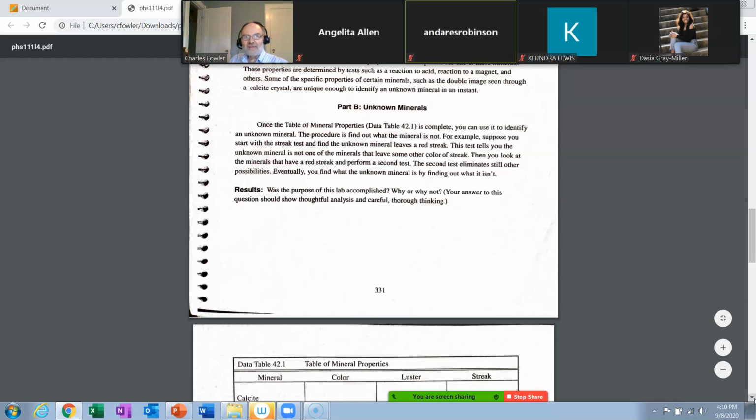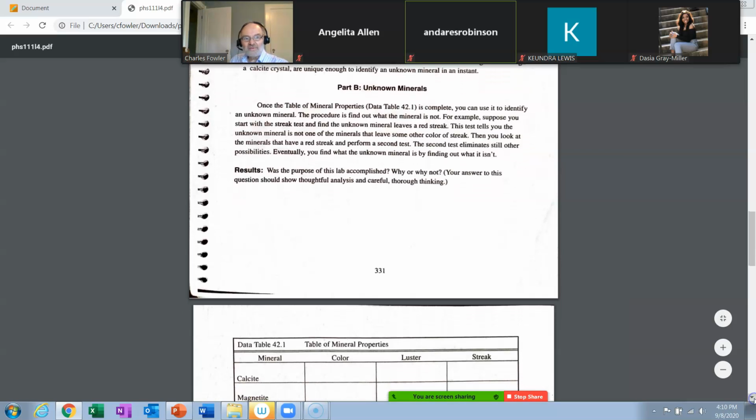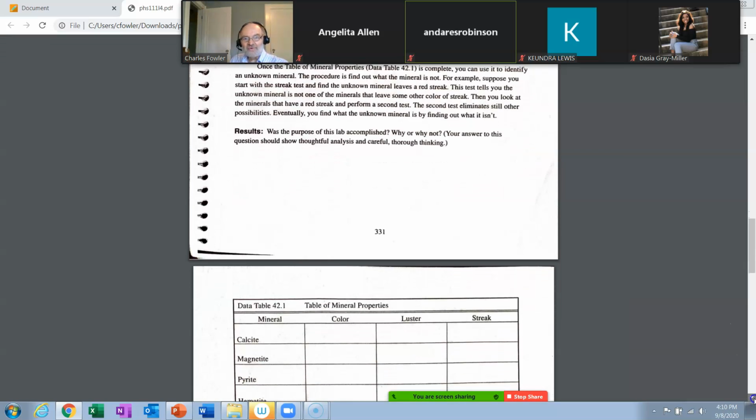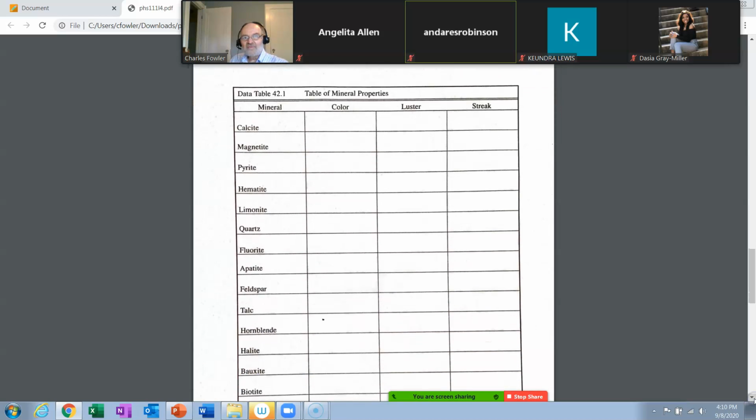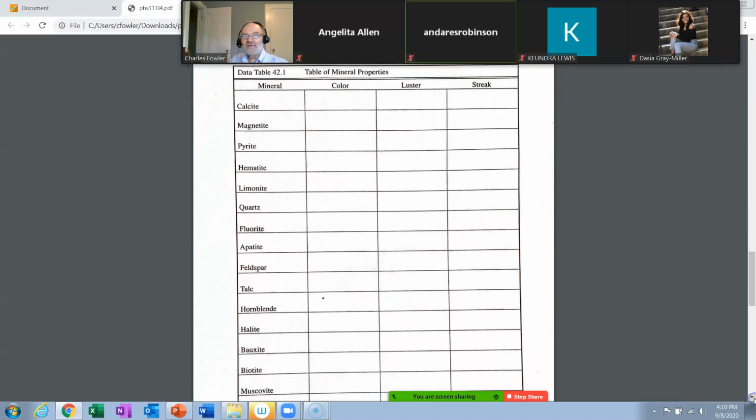Now, some of the very things we mentioned are here, but in slightly different order. So let me show you what these are. The first page, what they list here are the minerals. Now, some of these are minerals and some of them are classes of minerals. I'll explain that in just a minute. I'll explain where to go. In fact, I think I'll write it down for you now.